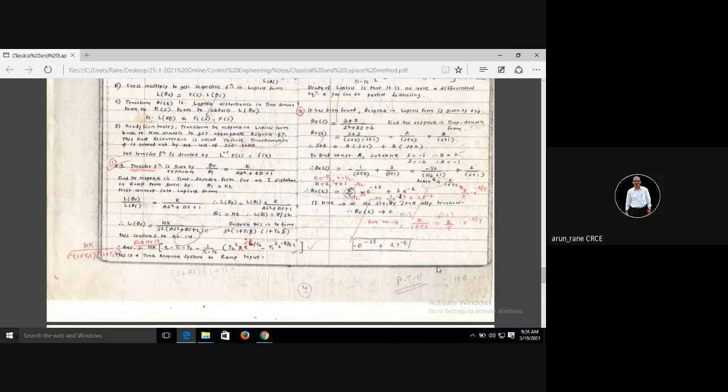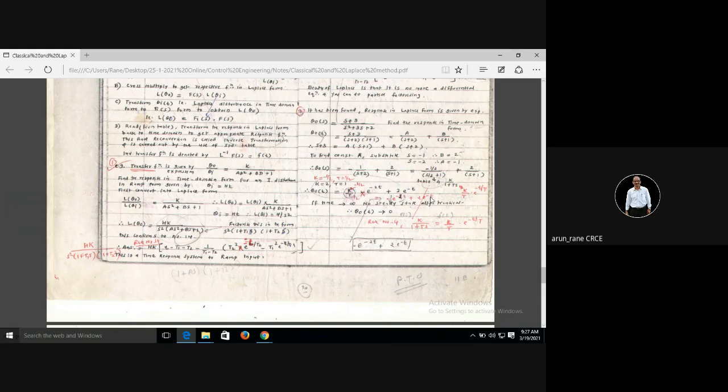Now rule number 4 is this. It is called the Laplace inverse. The Laplace inverse of k upon 1 plus Ts in the time domain will be k by T into e raised to minus t upon T. On comparison you can find the value of k as minus half and the value of capital T as half. Again, for 1 plus s, capital T will be 1. Fine, so you substitute this, and you will get minus e raised to minus 2t plus 2 into e raised to minus t.